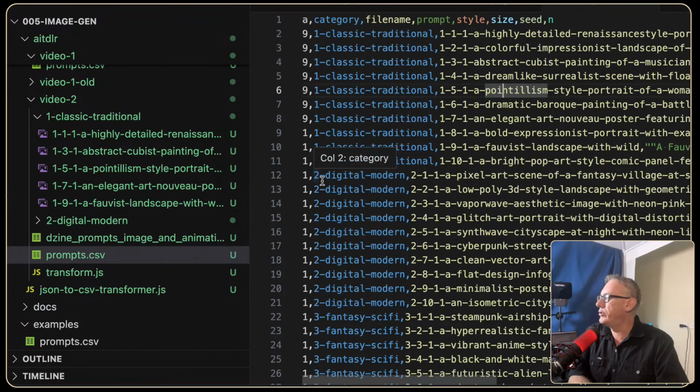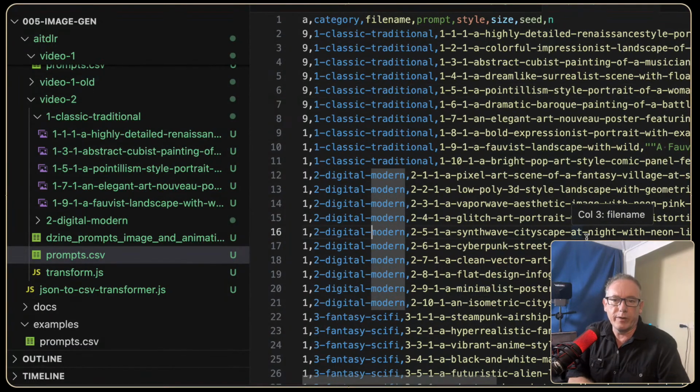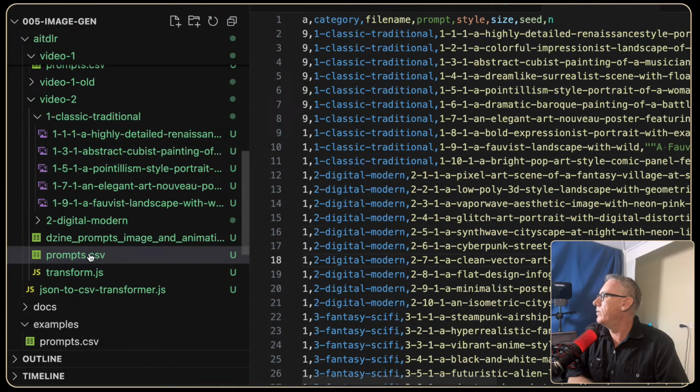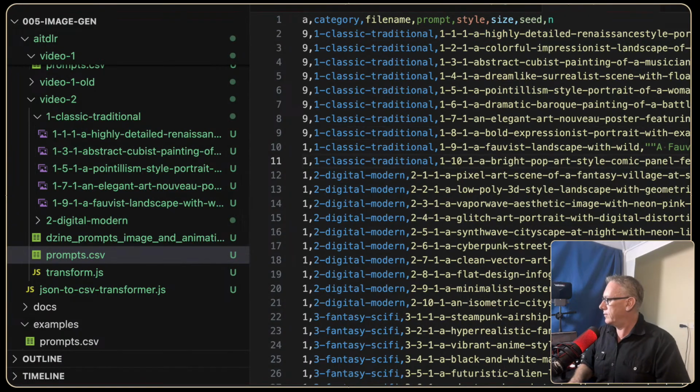Should be 2-digital modern. So this is really just a quick, because it was something I had to do today, I thought I'd just show you how behind the scenes I'm creating images on autopilot. Not necessarily happy that we don't have the sequence correct, because they look like they should be okay here, but